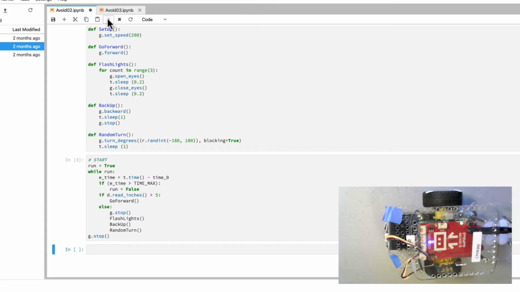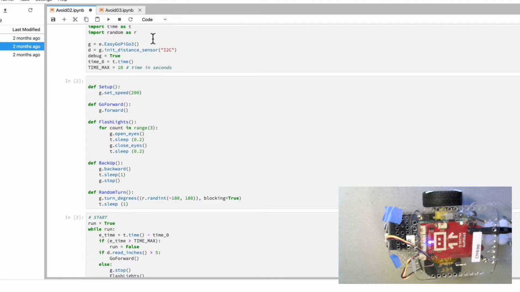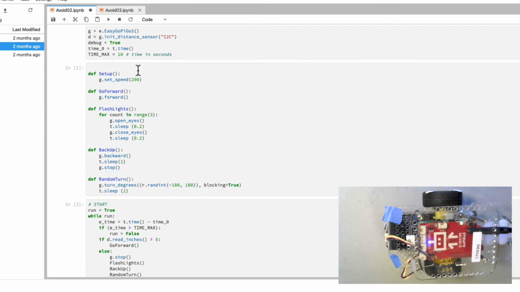Do it again. Now it's stopped actually because we only had 10 seconds that we set for our max time. I think that's right. Check, we'll see, here we go. Time max is 10, yeah. So that's all working. But there's some things that are incorrect in this code that if someone were looking at